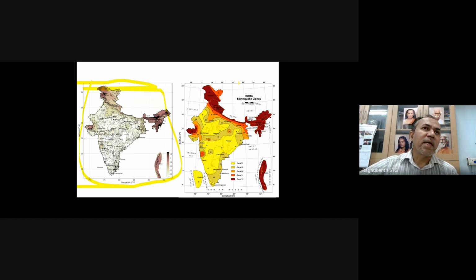Not only in India, abroad also, especially in Europe, many countries are not going for contours. They also want zone maps itself. Like recently, the Greece hazard map also. They have done PSHA, DSHA, everything has been done, but they don't want to use the contours for design. They want to go ahead with this type of zone maps.